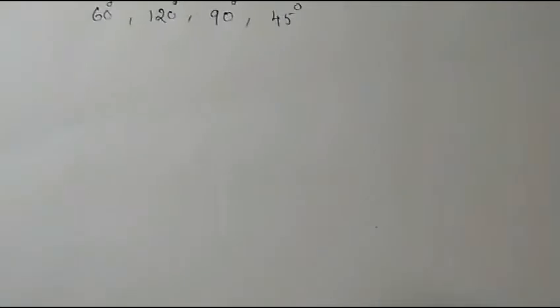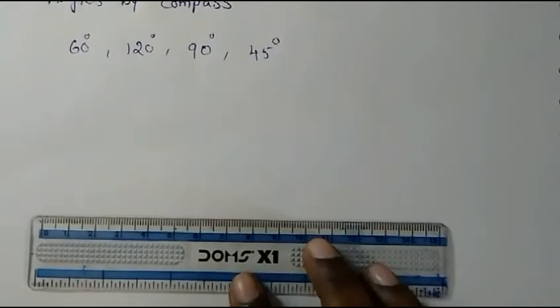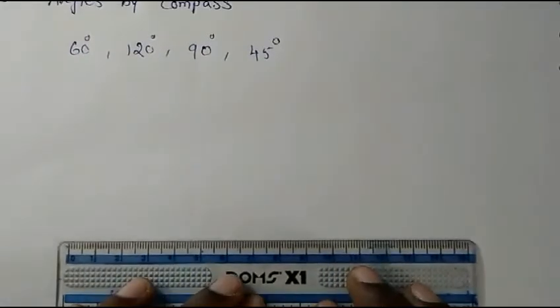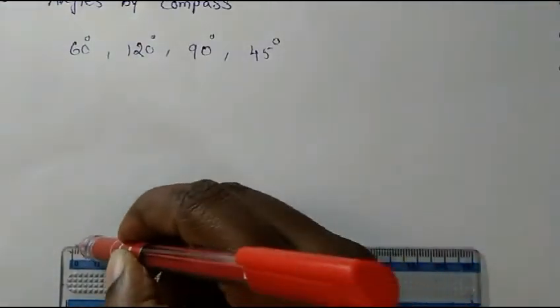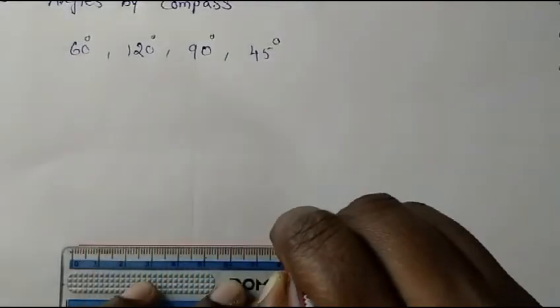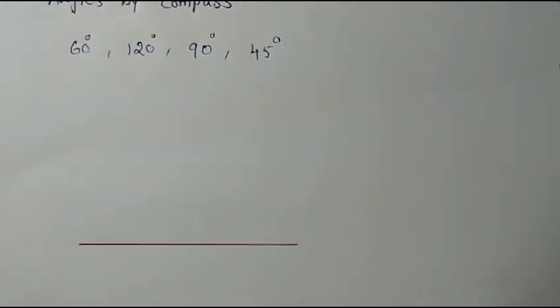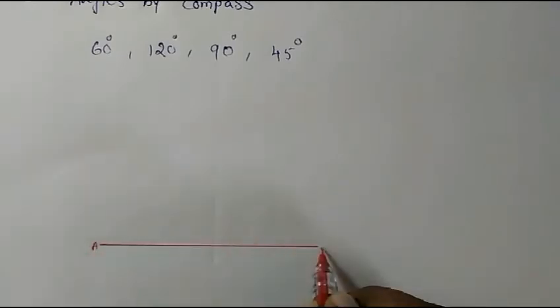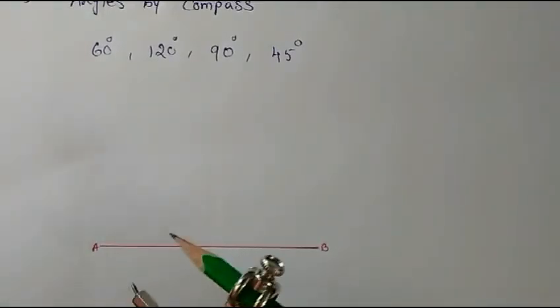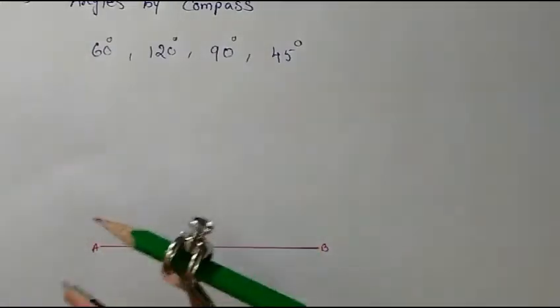So randomly, what we will do is just draw a line segment. I'm just drawing it with pen so that for you it can be seen. Okay, just a line segment here. For this line segment, let's see how we can draw the angles. If I consider this point A, this is point B. So if you want to draw angles, how to draw? For this angle A, let's begin with the 60, how to draw.